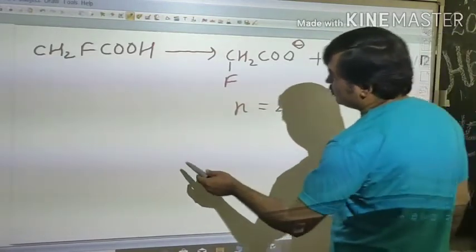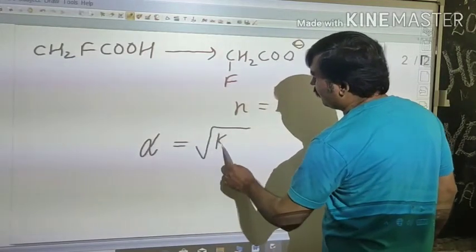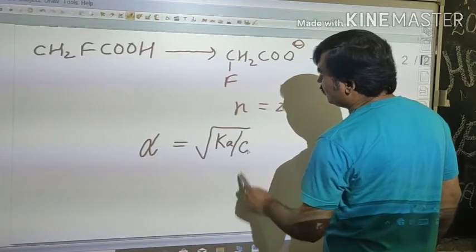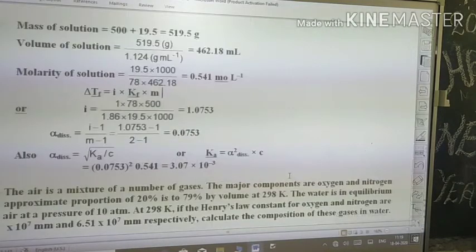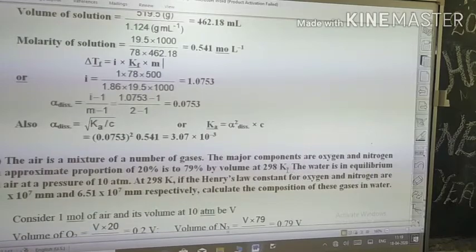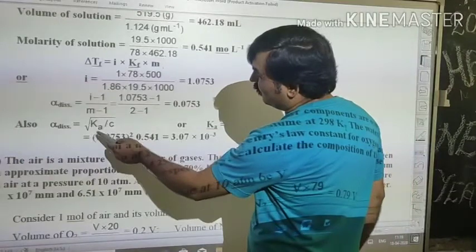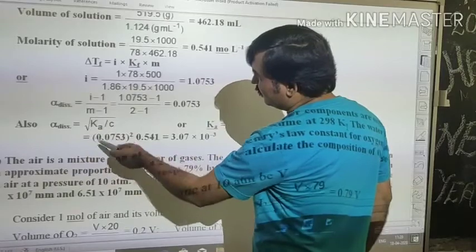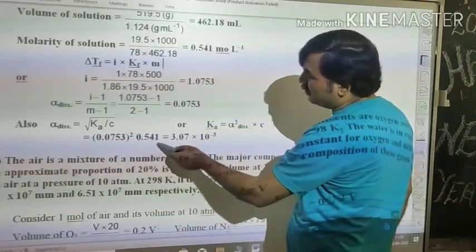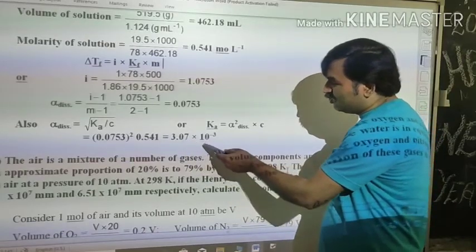And we know that alpha is given by under root Ka upon C. So first we find alpha here. So alpha is found to be 0.753. So Ka will be equal to alpha square into C. It is alpha square into C, and the answer comes to be 3.07 into 10 to power minus